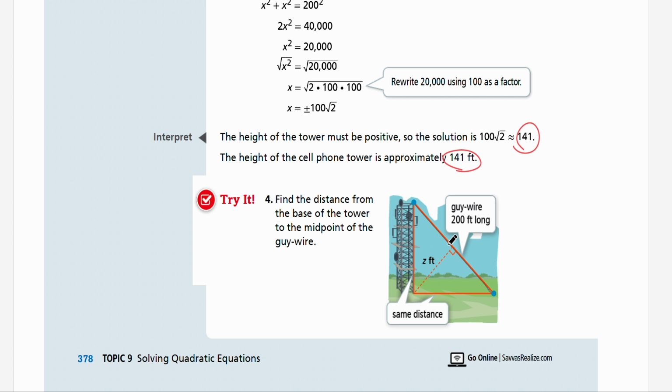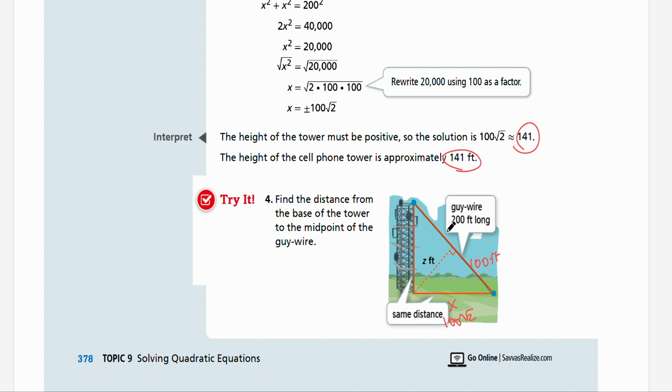Okay, are you ready? Okay, so now we have a new triangle, right? If this is the right triangle, your hypotenuse here is x, which we already figured out is going to be 100 root 2. And this part is 100 feet long, right? So we already know that